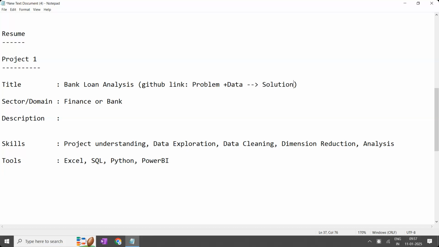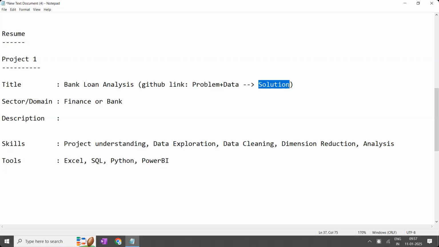This is what you have to write in the GitHub. Then they'll understand, okay, this person has taken the initial data and the business problem, and according to that, he has provided the solution as per the requirement. Whether you have satisfied the business problem or not, you should know. The solution should satisfy the business problem. If it satisfies the business problem, the project is completed. If the business problem was not solved, the solution is not sufficient.